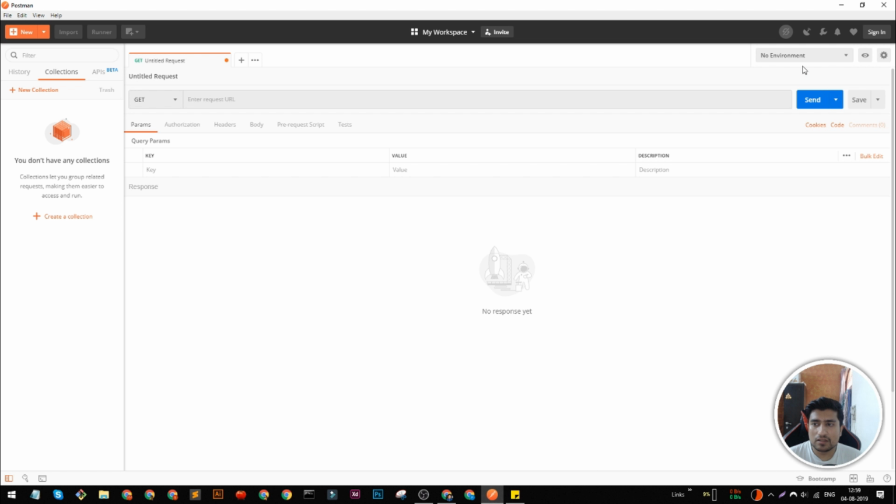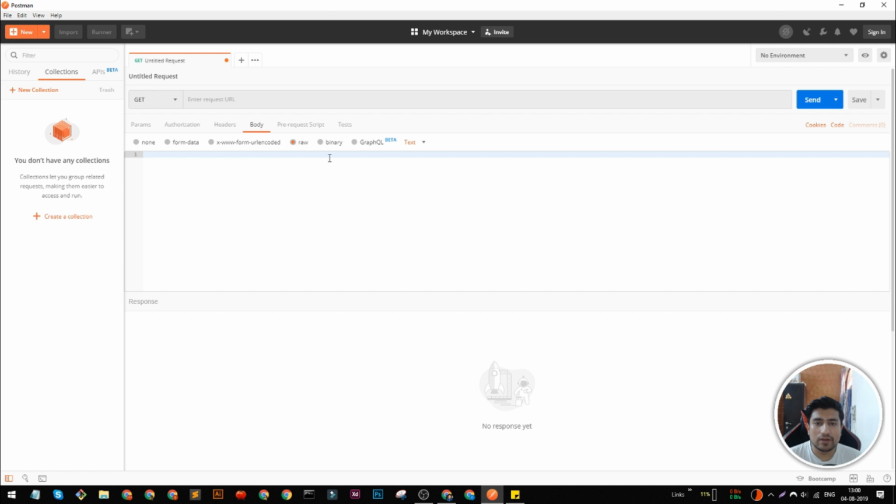All right, so this is the main environment. This is the main window, where you have different kinds of methods. Most of them are HTTP methods, such as GET, POST, PUT, PATCH. I'm going to explain all these methods in the upcoming tutorials. As I have mentioned, REST APIs generally work with URLs. So you can mention the URL and what kind of authorization it needs, and you can insert the body. For example, if you click on raw, you can mention any kind of JSON request that you want to.